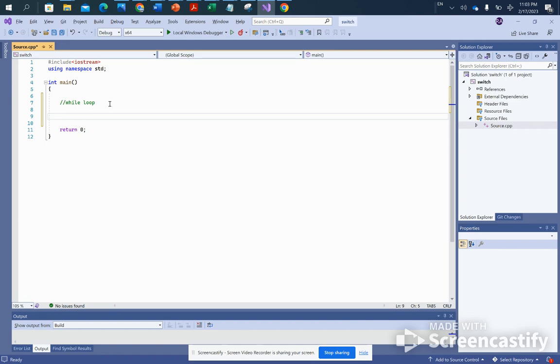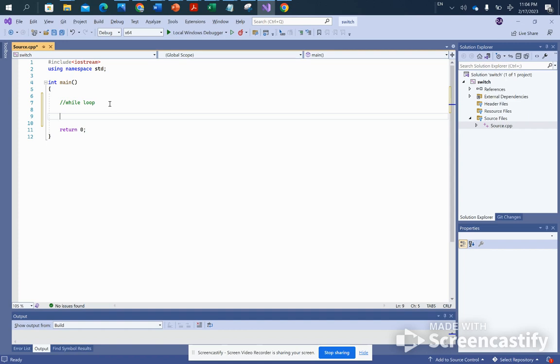So you might want to ask yourself, when should I make use of loops in my code? Whenever you need to repeat a specific block of code, this is the time to use loops. Loops are a very important concept in C++, so make sure that you understand it and know how to use it.